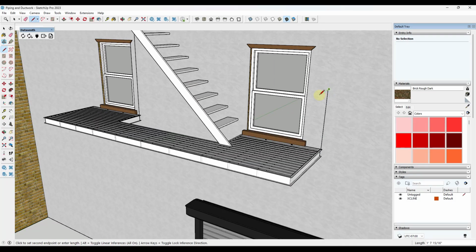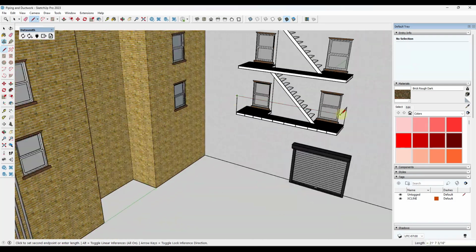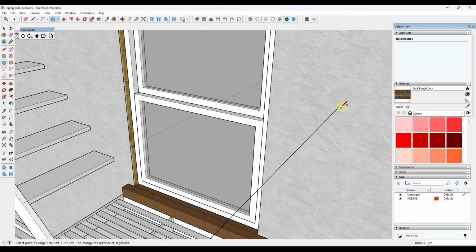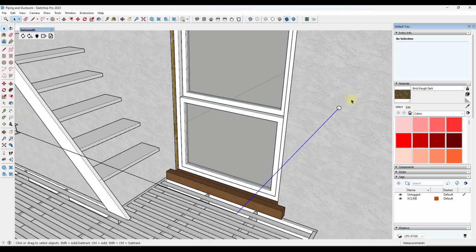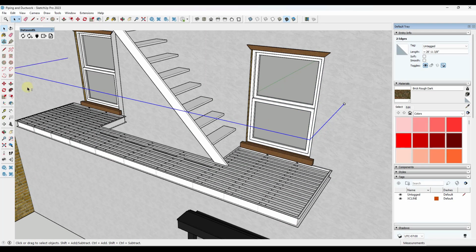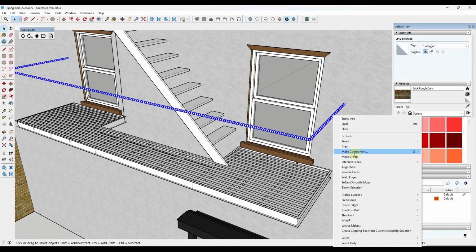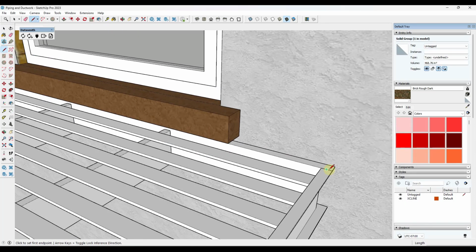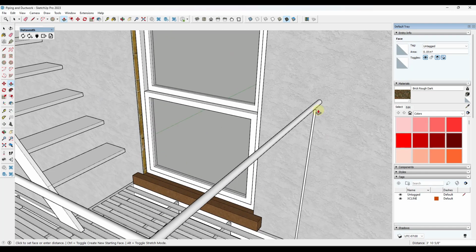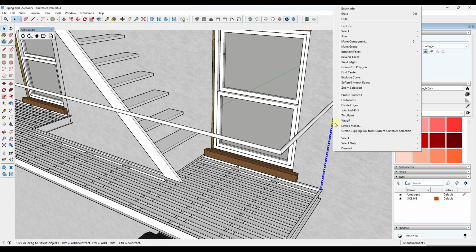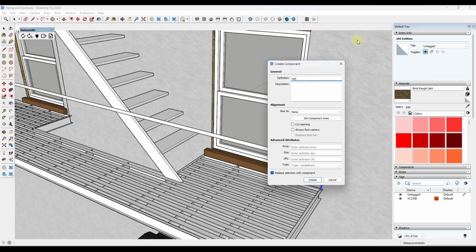But I'm just going to draw a path. Then we'll just draw a circle on the wall. Maybe a 5/8 radius. Then we'll use the follow me tool in order to extrude that. And I'm going to go ahead and make that a group. And then I'm just going to use a cylinder and extrude up into this. And I can just take this whole thing and make it a component, call it vertical